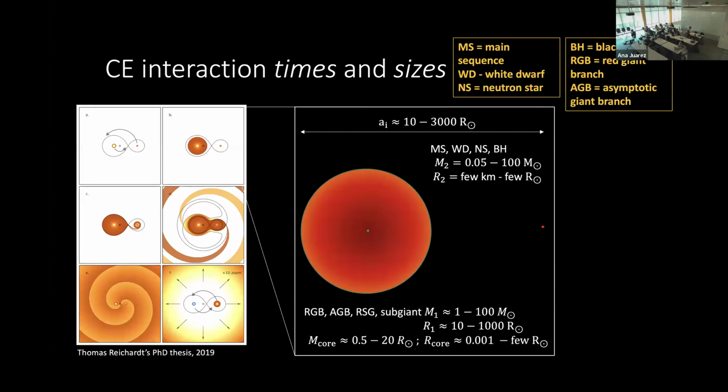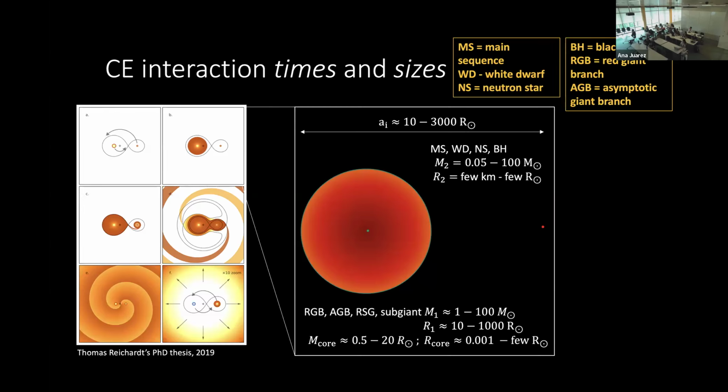To give you an idea of what this thing is, this is from the thesis of Thomas Reichardt. It's basically you've got two stars. They're happy until one grows fatter and fatter. It fills its Roche lobe and moves mass onto the companion, which is usually more compact: a main sequence star, white dwarf, neutron star or even a black hole. And that transaction is catastrophic in that at first the mass transfer is conservative and stable, but then you get outflows from L2 and L3 that shrink the orbit even more and tend to move it into a catastrophic regime where new forces such as hydrodynamic friction and gravitational friction take over,